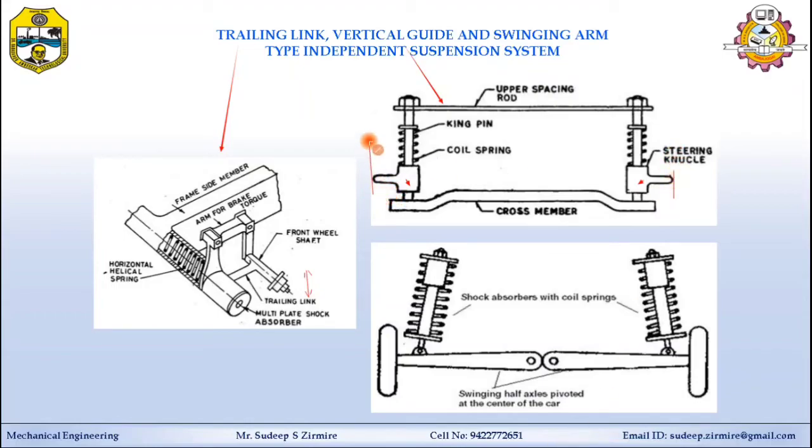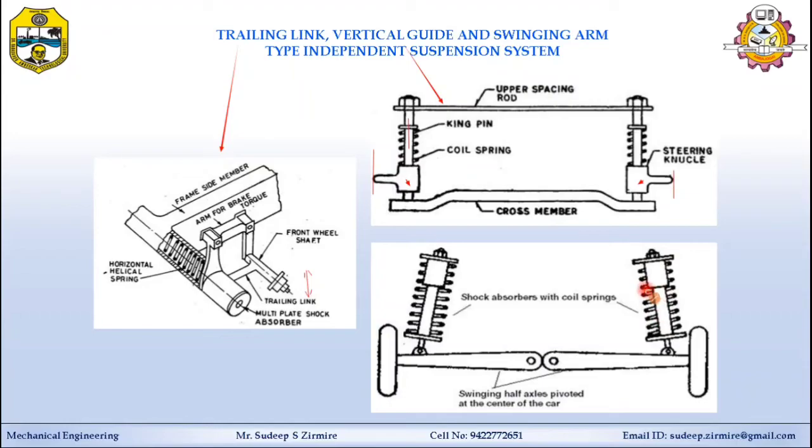This stub axle goes up and down, and it allows the turning of the wheel at the time of steering. Because it is rotating about this center, it also turns like this at the time of a turn. The lower ends of the swivel pins are fixed with the cross member. This is called the swivel pin, and it is fixed to the cross member. The upper ends of the chassis are supported with the spacing rods. Here, helical springs are used between the spacing rod and the sliding member of the axle, arranged in such a way that the swivel pin may pass through them.